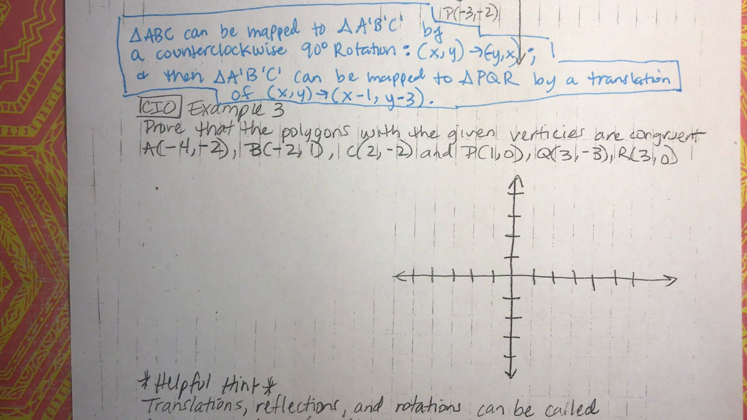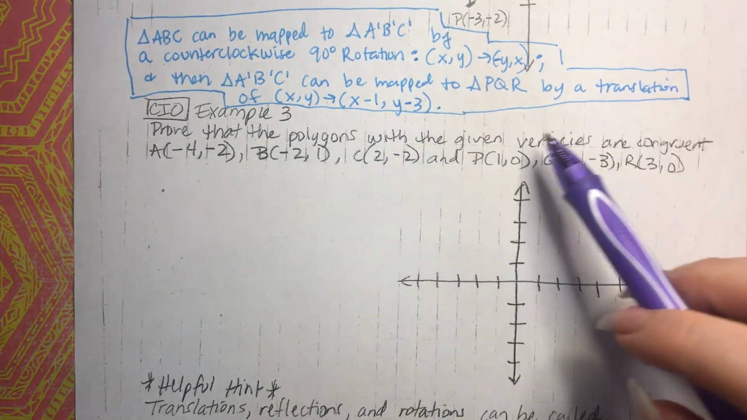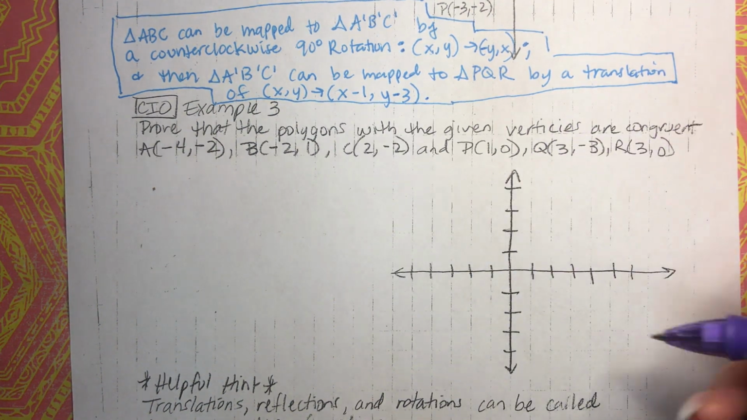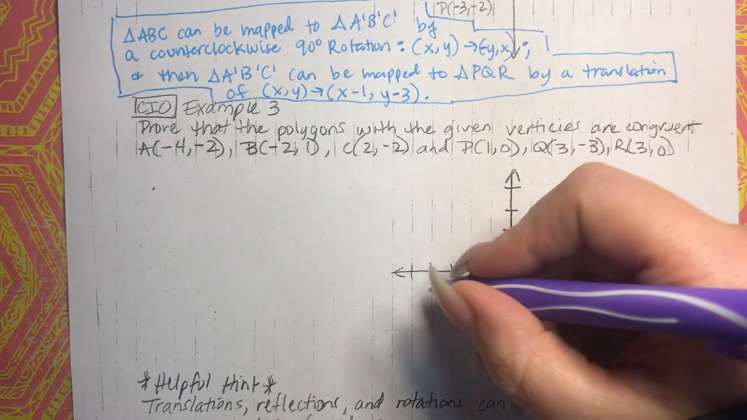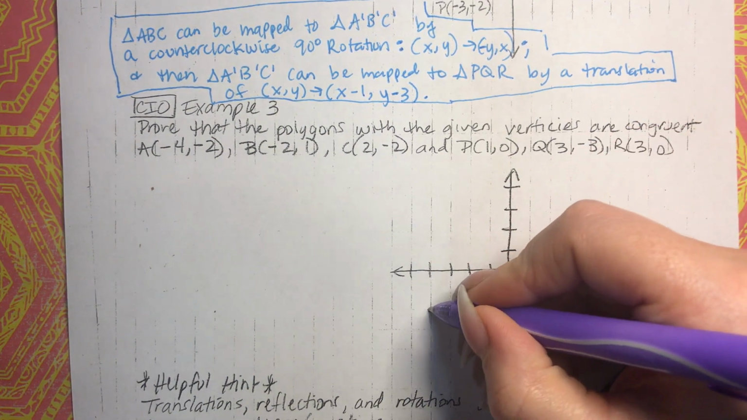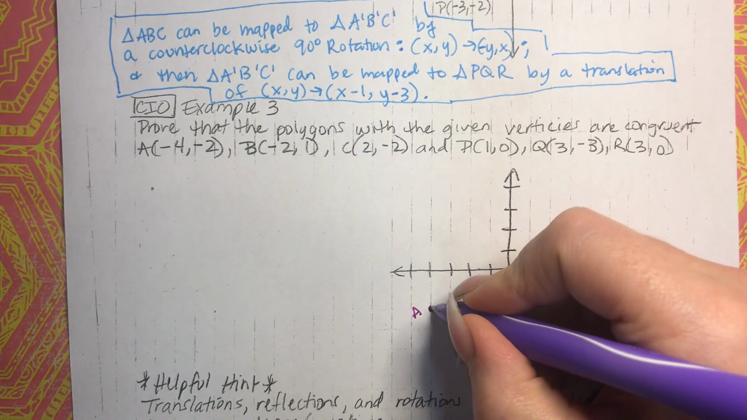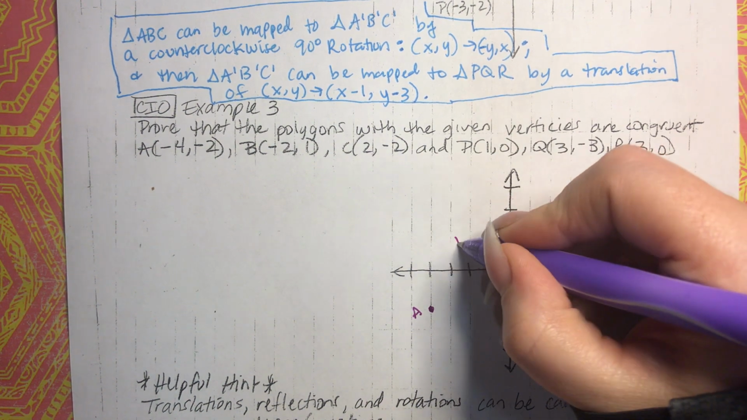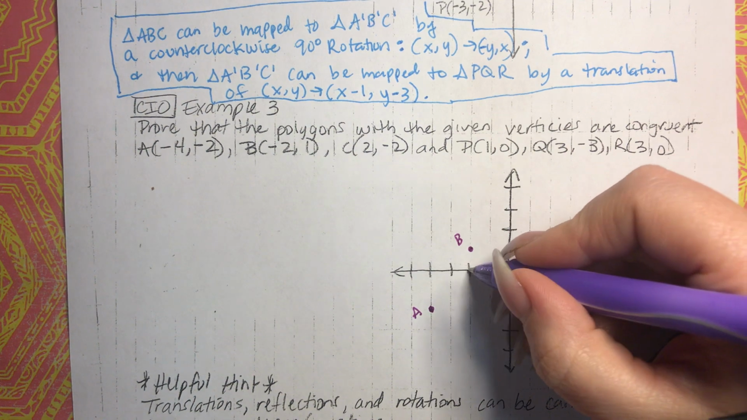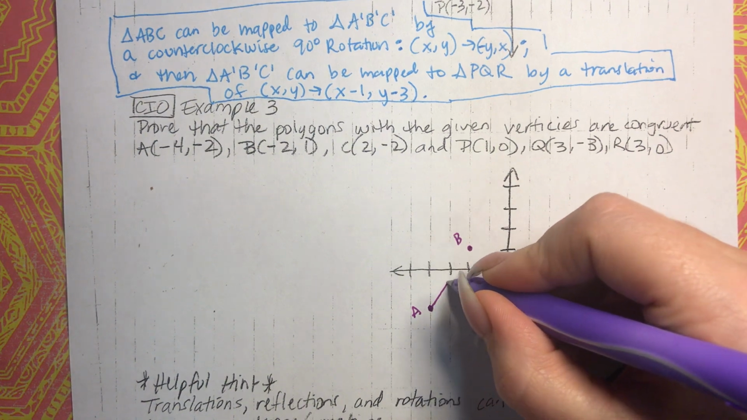All right, let's go ahead and look at the next example, and we'll work on this one together. It says, prove that the polygons with the given vertices are congruent. So we're going to start here with A being (-4, -2), right here. Then B is (-2, 1), right here. C is (2, -2) here. Okay, so we start here,